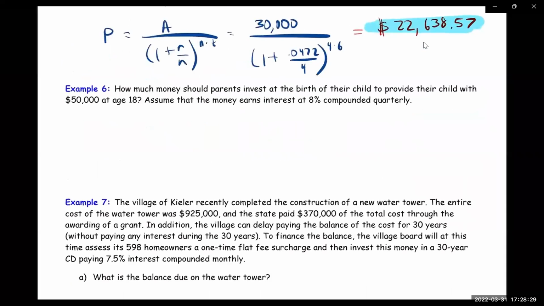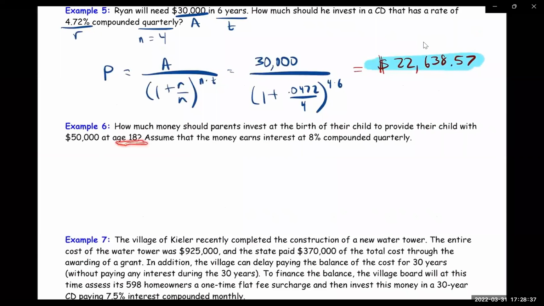All right, how much money should parents invest at the birth of their child to provide their child with $50,000 at the age of 18? So this is kind of a smart way to, if you have children, put some money aside for a college fund, so that 18 years later you have enough money for them to go to college. So let's see how much money they would have to put in now in order to have this much 18